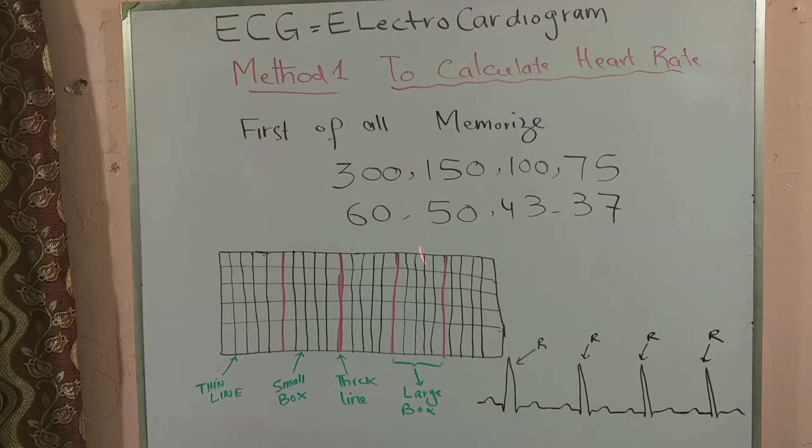First step is this. Second is to know that whenever you hold an ECG paper in your hand, you will notice that there are certain fine or thin lines and certain thick lines, like these red lines. Now these thick lines separate two large boxes from each other, and these fine or thin lines separate the small boxes. These are the small boxes, these are the thin lines, these are the thick lines which separate two large boxes. So first thing was to memorize this set of digits, second was to know this fact,